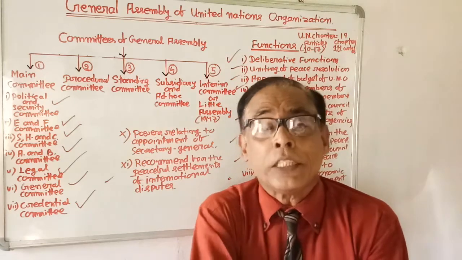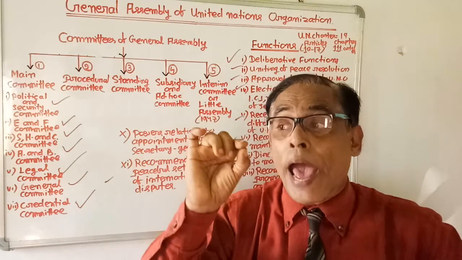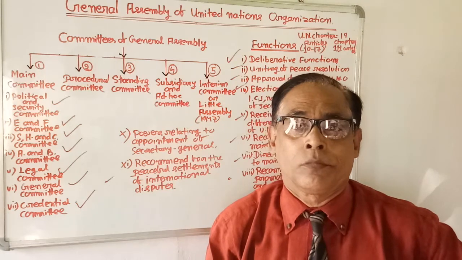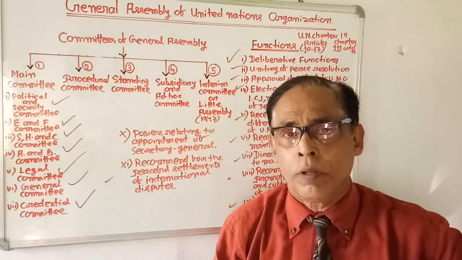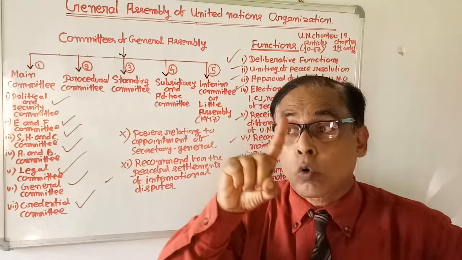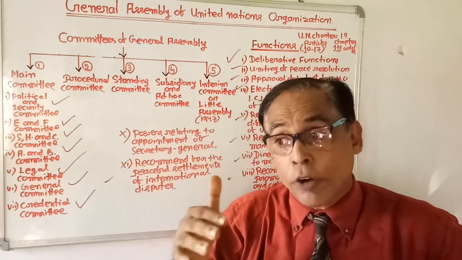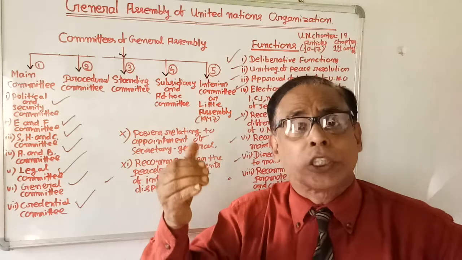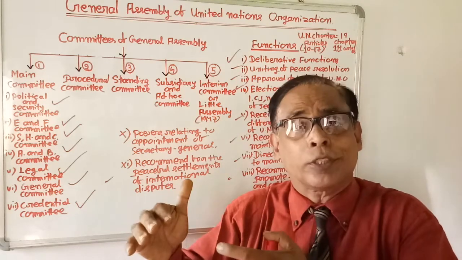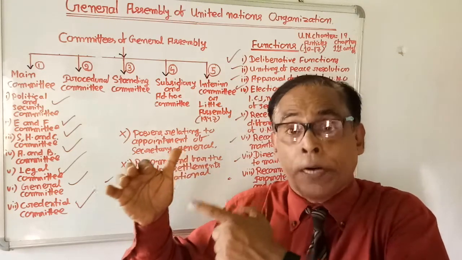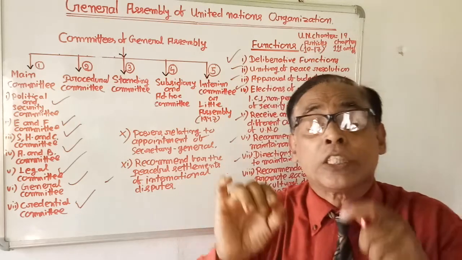Very good. So today's topic is the General Assembly, and we will touch mainly two aspects of it. Number one is its composition, and number two its functions. So first of all, take up its composition: how the General Assembly is composed, or how it is formed. But before we discuss this, we must know first of all a few lines about the importance of the General Assembly,